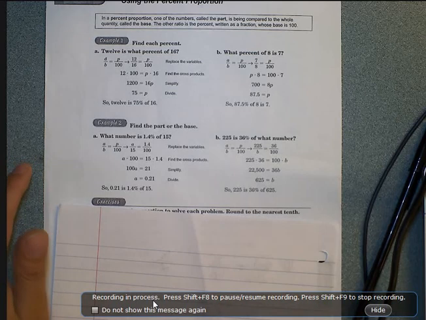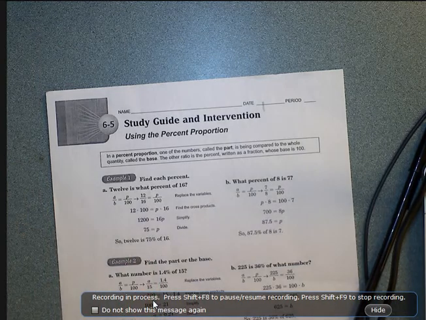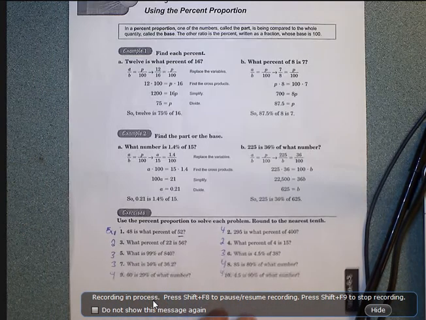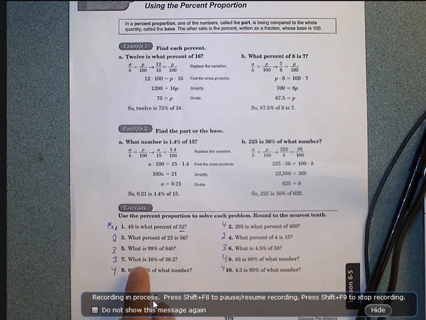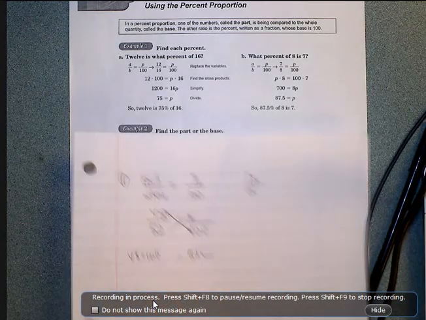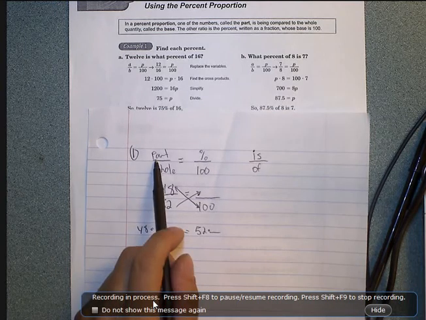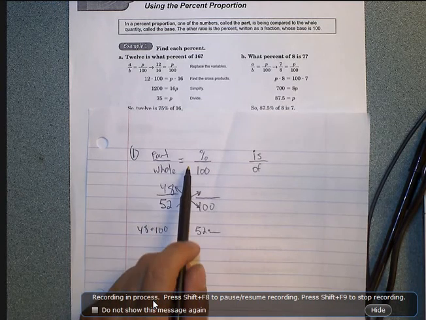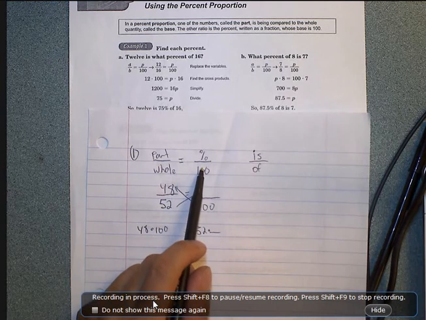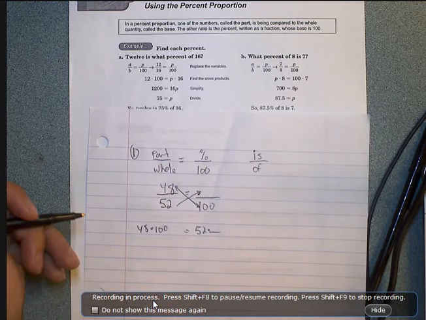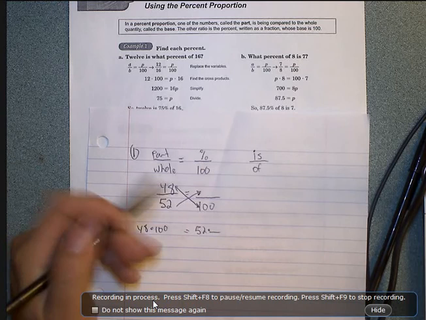Here we go. Today's homework is the study guide, and we're going to do cross multiplication. Problem number 1 is 48 is what percent of 52? I want you guys to write part over whole equals percent over 100. What I'm going to do now is this. I know that my problem,